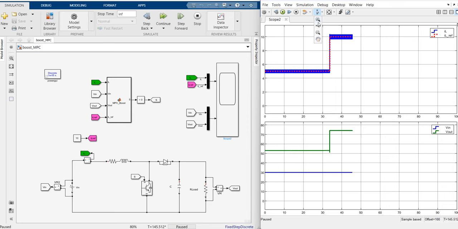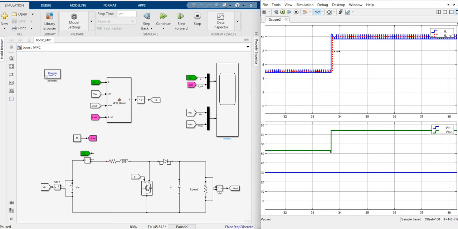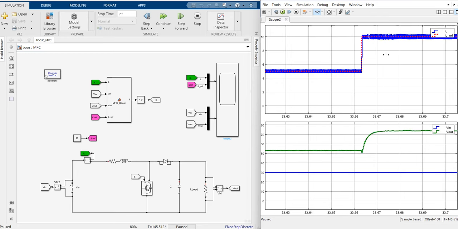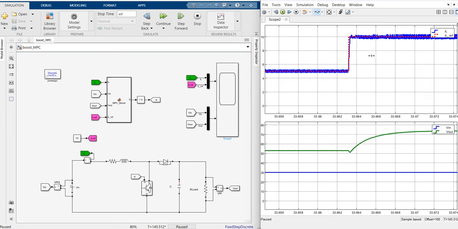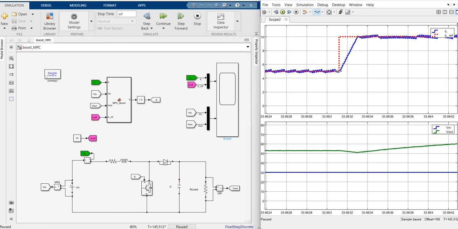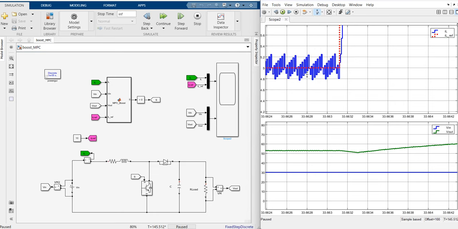Okay, we can check the dynamic response of the controller. Okay, here the reference current is changed from 5 amps to 10 amps. It is directly increasing to 10 amps. But here we can analyze,